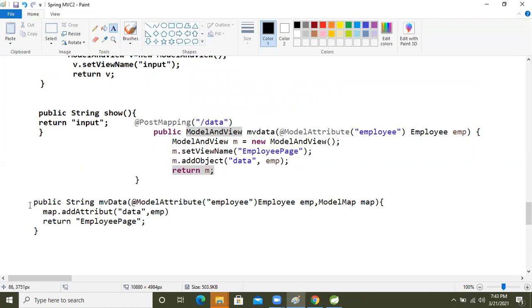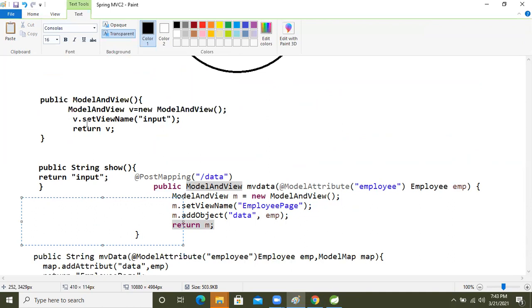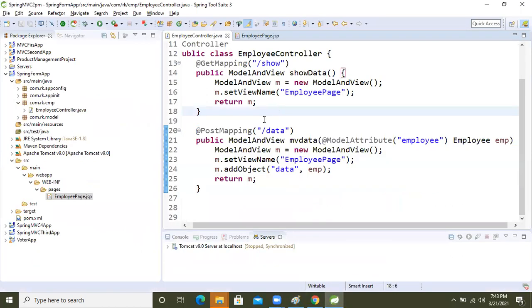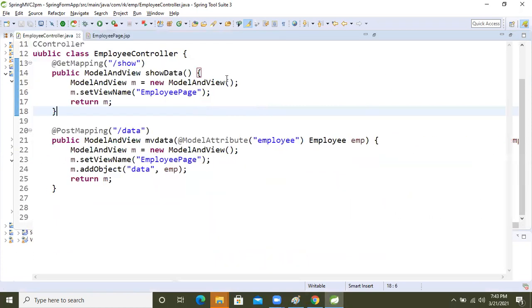But in real time we are using this concept only. So in the same application, let's implement the things and we will see that. After that we will wind up the session and we will learn the next things. So now, in the same application, I'm just going to reduce the burden.